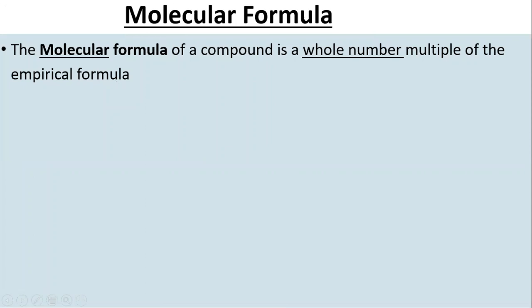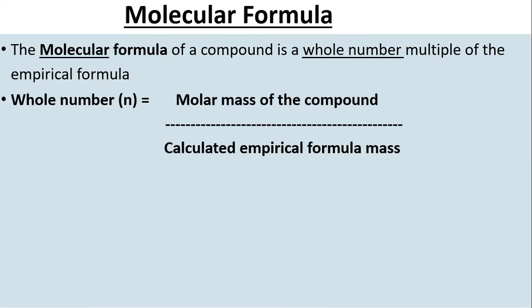So it seems a little confusing. Don't worry. When you practice with some examples, it will be easier for you and give you a better understanding, right? See here, the molecular formula is nothing but a whole number multiple of the empirical formula. Whole number means it is just an integer without any fraction. Now, by substituting the molar mass of the compound, we can solve for n. We'll determine n. n is nothing but the whole number.